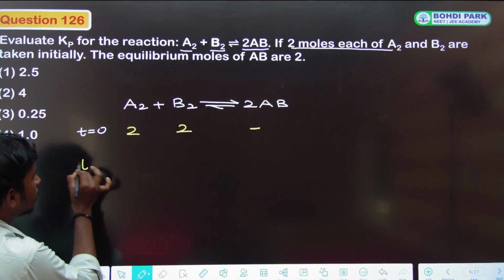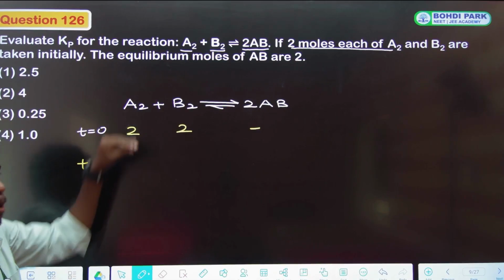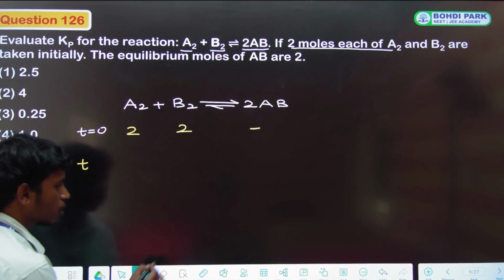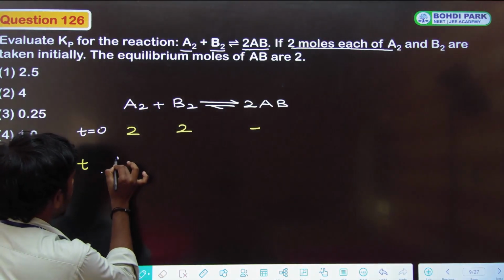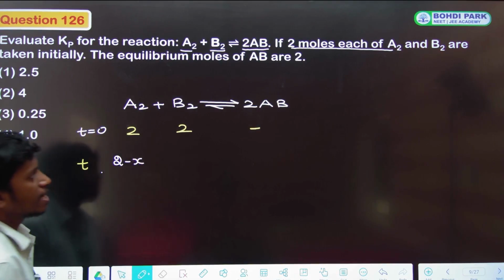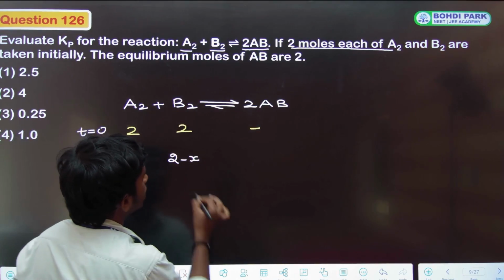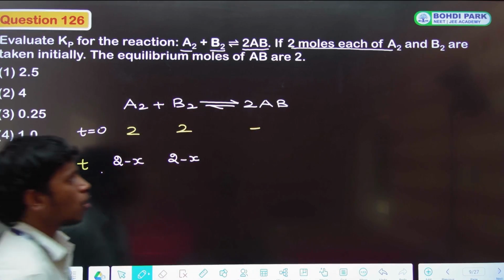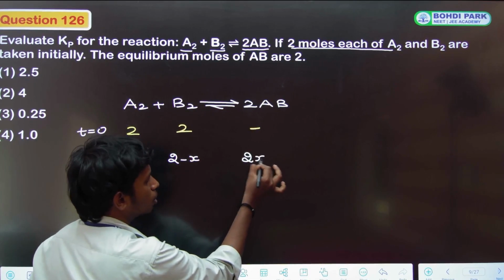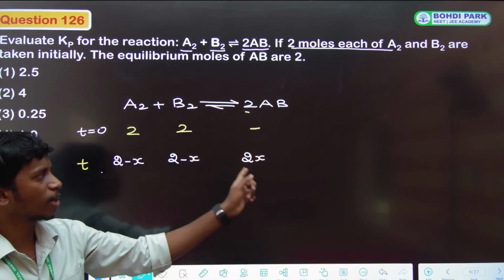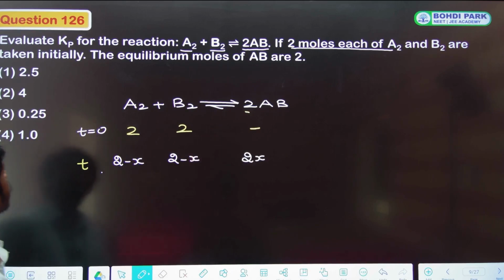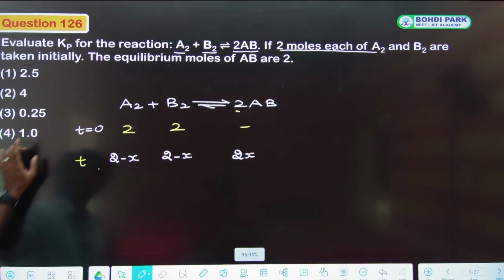At time t la, okay, some amount of A is reacted. Okay, X amount reacted. So 2 minus X, some amount of B is reacted. So 2 minus X. So some amount of AB is formed. How much? 2X amount of AB is formed. Okay, நம்ம stoichiometry மறக்காம multiply பண்ணிக்கணும். Fine. And for this, the equilibrium